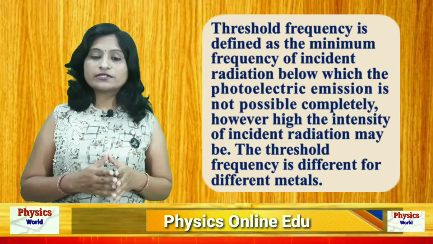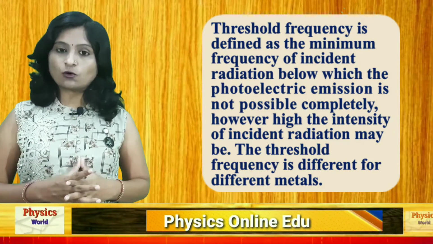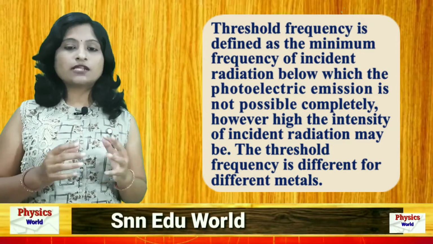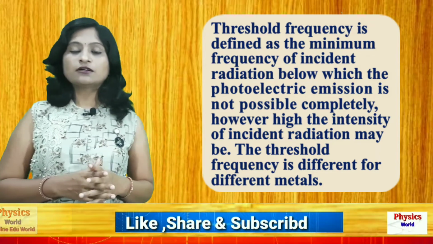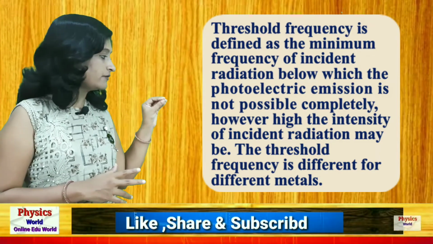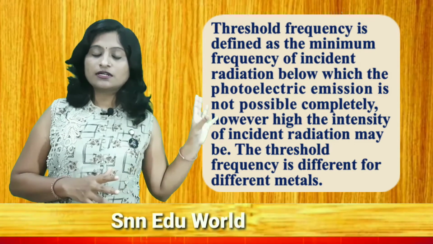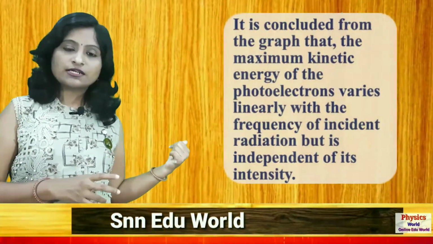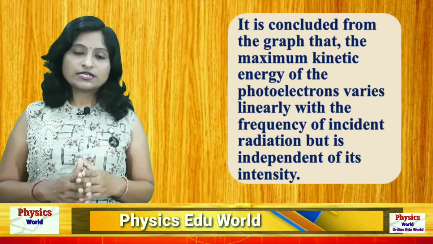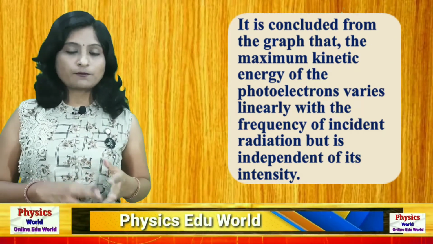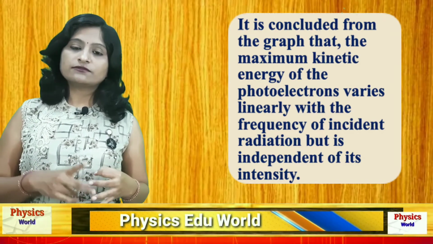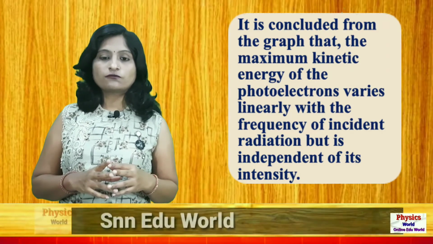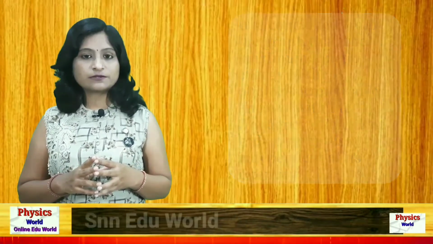It is the limit of the frequency below which no photoelectric effect will occur. It is the minimum value where emission just started, and above which, for any value of frequency, the photoelectric effect will occur. Such a frequency where photoelectric emission just starts is called the threshold frequency, and the wavelength associated with this frequency is the threshold wavelength. So here three different phenomena came: stopping potential, threshold frequency and threshold wavelength. Okay, so I hope you understand all these conclusions which are drawn from the photoelectric effect experimental setup.